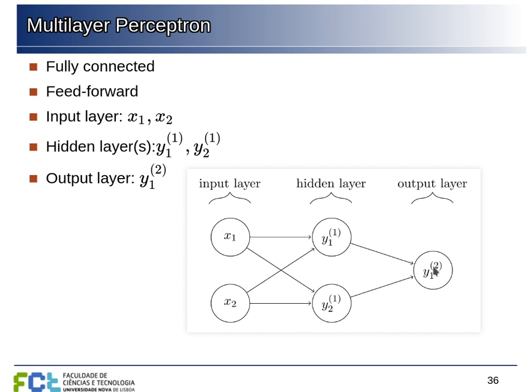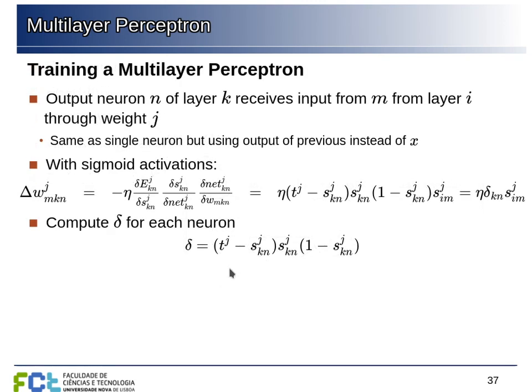We pass an example here. We know the output of each of the neurons, and we know the target value at the output of the network. So we can train this last neuron in the same way that we saw for a single neuron. The thing is that the inputs into this neuron are not the actual values of the features of the example, but are the outputs of the hidden layer. But other than that, we can just chain the derivative of the error with respect to each weight that we're going to update by passing through the activation function, the weighted sum, and multiplying all these derivatives.